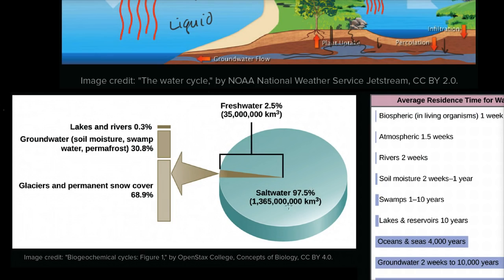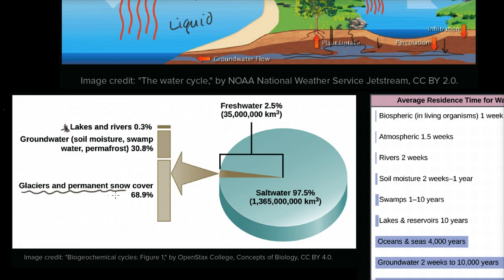So of all the water on our planet, 97.5% is salt water, for the most part in our oceans. Only 2.5% is fresh water. And even of that 2.5% fresh water, very little of it is what we traditionally associate with fresh water, the lakes and the rivers. When I think of fresh water, I immediately say, let me go to a lake or a river. That's stuff that we could potentially drink. But most of it is actually in glaciers and permanent snow cover. So it's ice, snow that is just not melting.